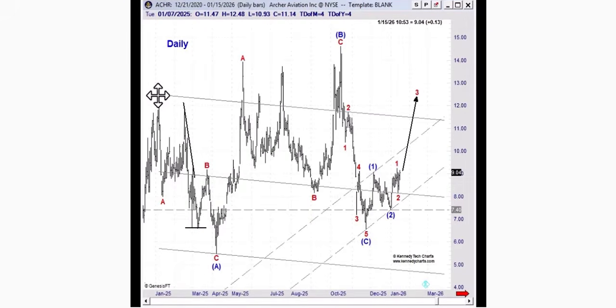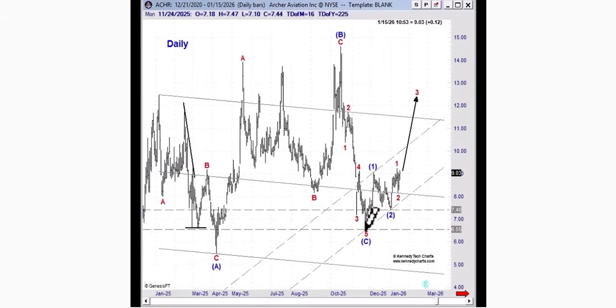Here from the high back in January of 2025, A triangle BC down for wave A, and then ABC up for B. And then notice on the 5-wave decline, something very, very important and I think very, very telling. Wave C terminated at 6.55. Wave A actually terminated at 5.48. So in other words, this is what we refer to as a truncation or a failed wave,